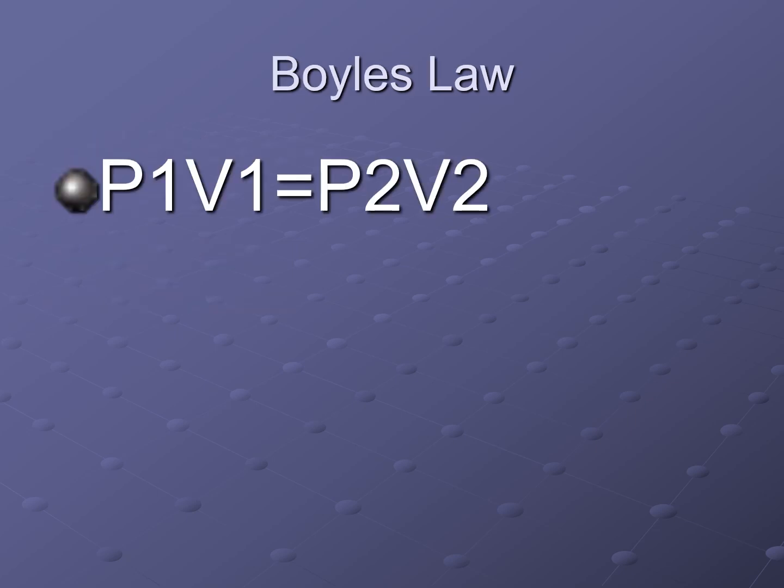So the first law that we'll think of is Boyle's Law. So P1V1 equals P2V2. So pressure times volume will equal pressure times volume in a different setting. So think about someone that's flying in an airplane. The partial pressure of air at sea level is 760 millimeters of mercury. If you go to 8,000 feet, which is what most airlines are actually pressurized to, then the partial pressure actually goes down to, say, 670, 680.